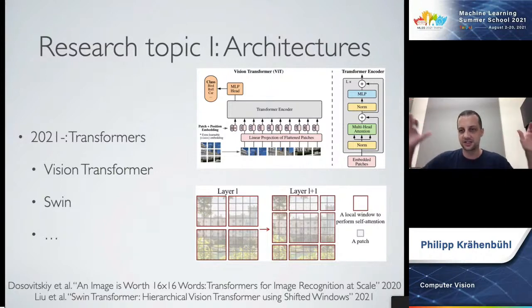Now, this only works if you train it at a gigantic scale with the resources of, in this case, Google. But that really showed that there's nothing magical about convolutions.